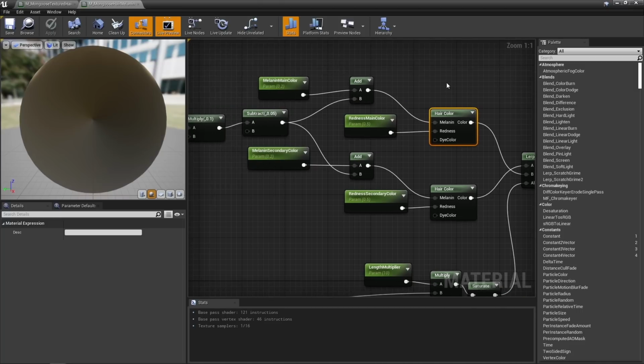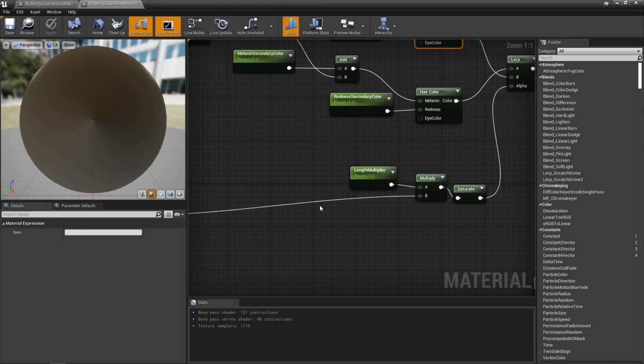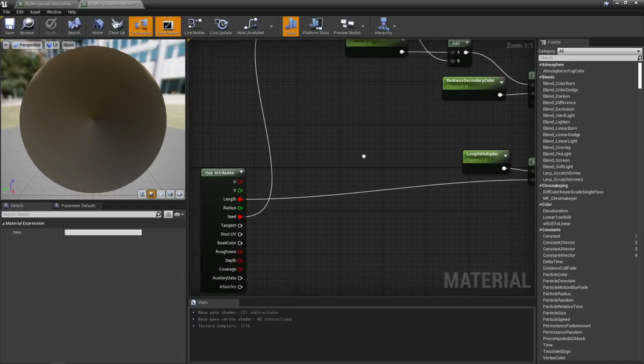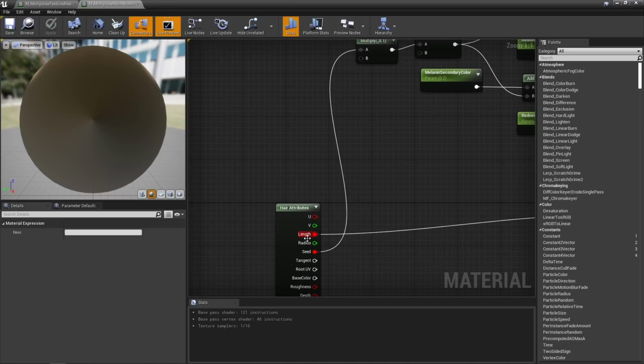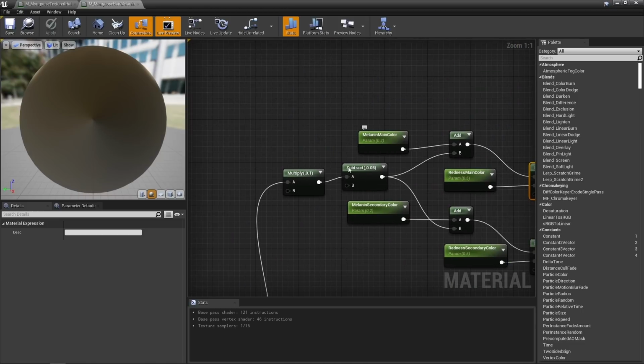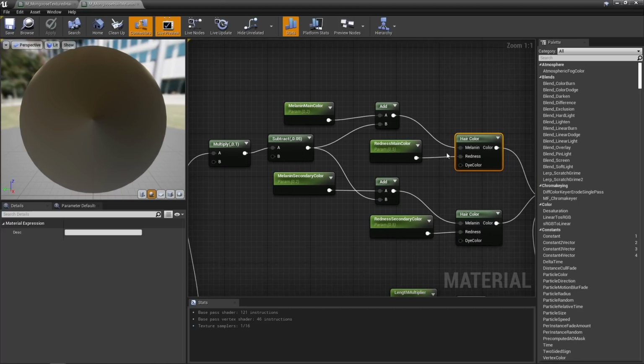And here I'm just creating some nice variation, mixing, again, using the length this time, but I'm using the seed here to create a very small variation of the melanin amount on a per strand basis feeding these 2 nodes.